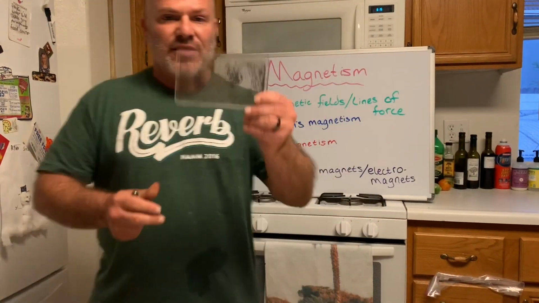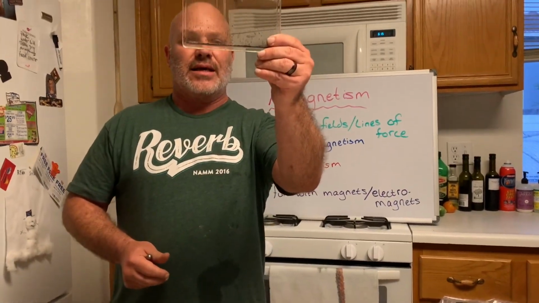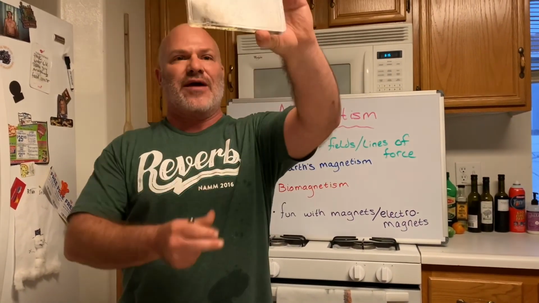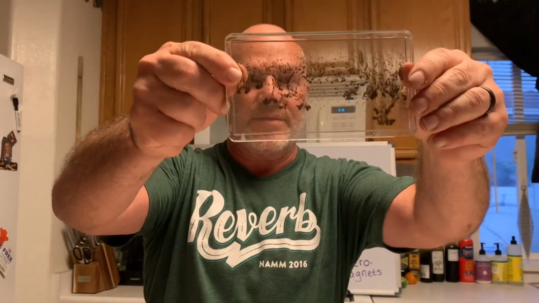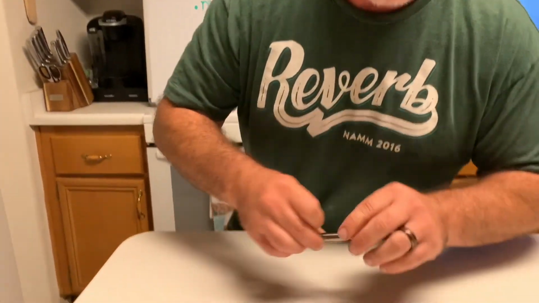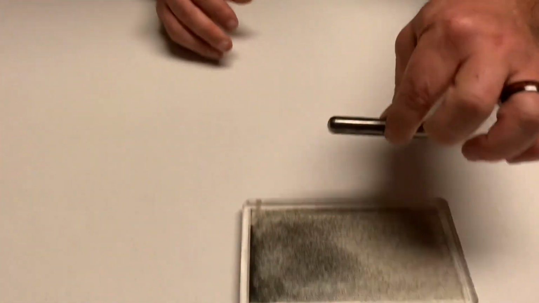The first one, in this little box, is iron filings. And you can see if I go up and down, they're falling pretty freely. Okay, so if I shake them up, I'm going to place it down on the table, and I'm going to have my wife look down at the object. I'm going to place this magnet,